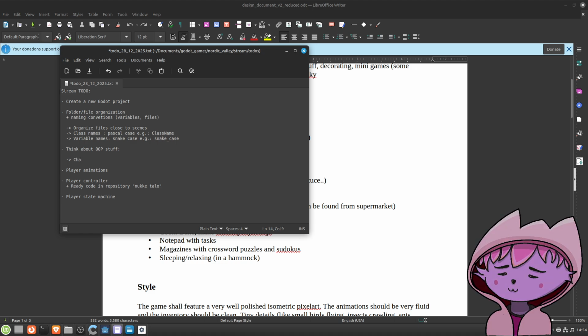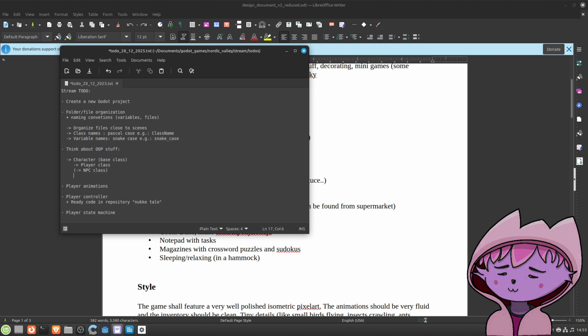I would call character a base class. And then from the character, we can derive player class, and optionally NPC class.